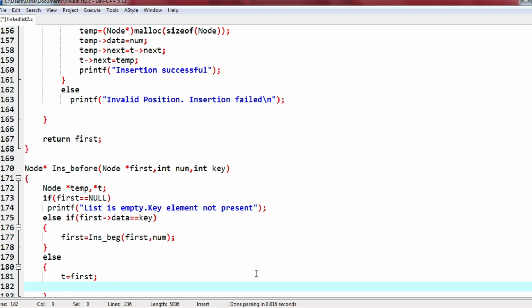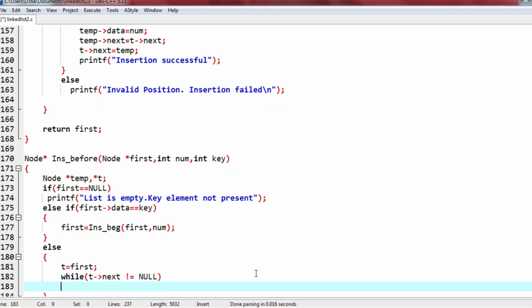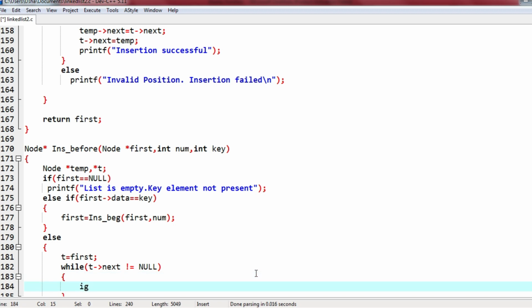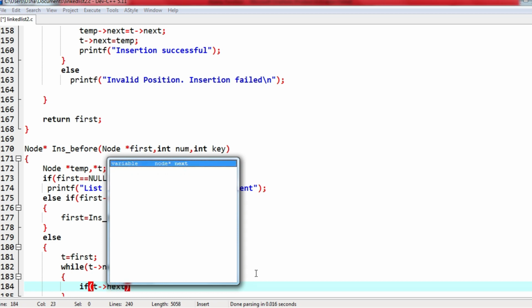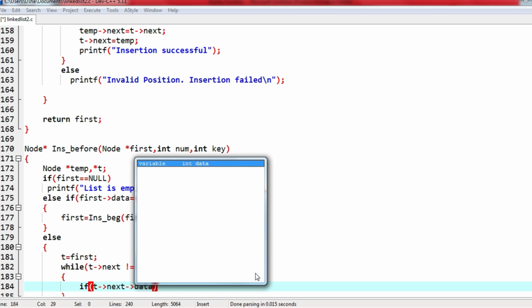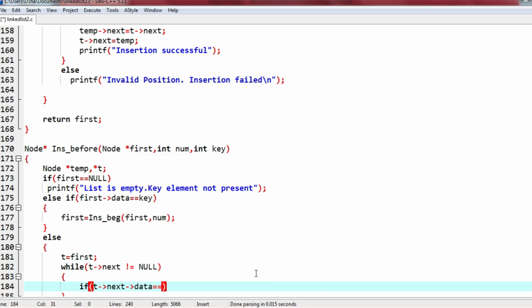Okay, so t is first, while t next not equal to null, we will check if t next data is equal to key.